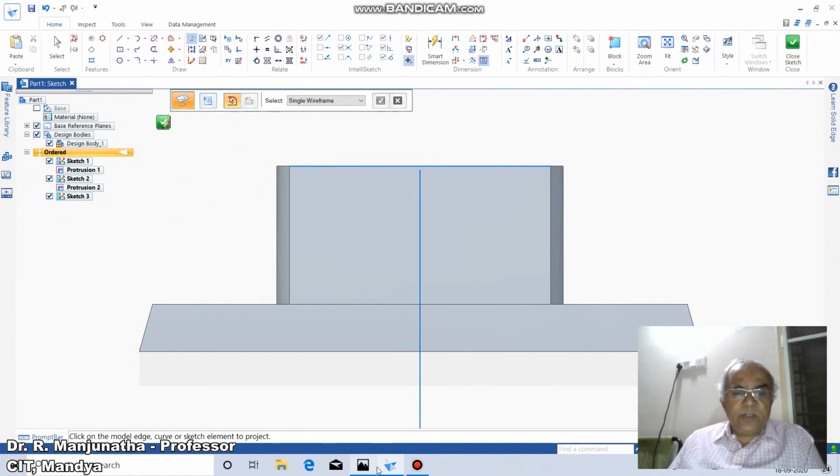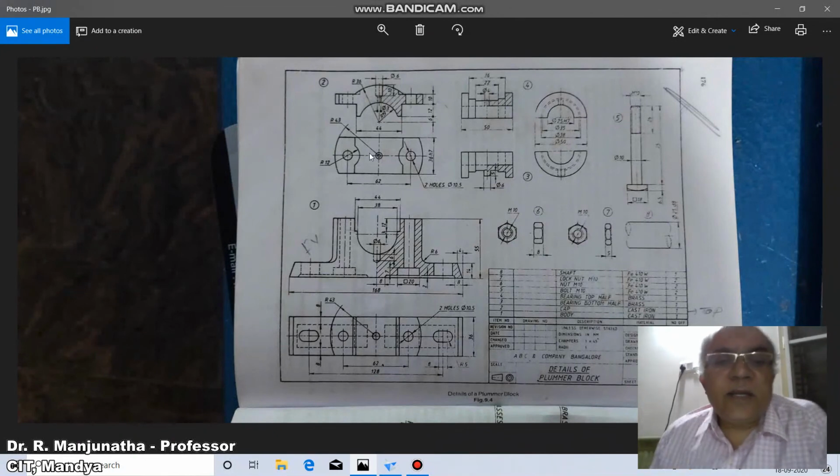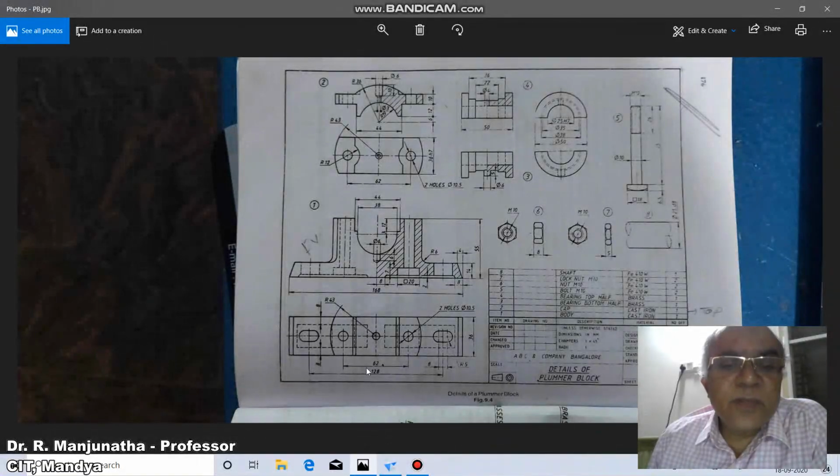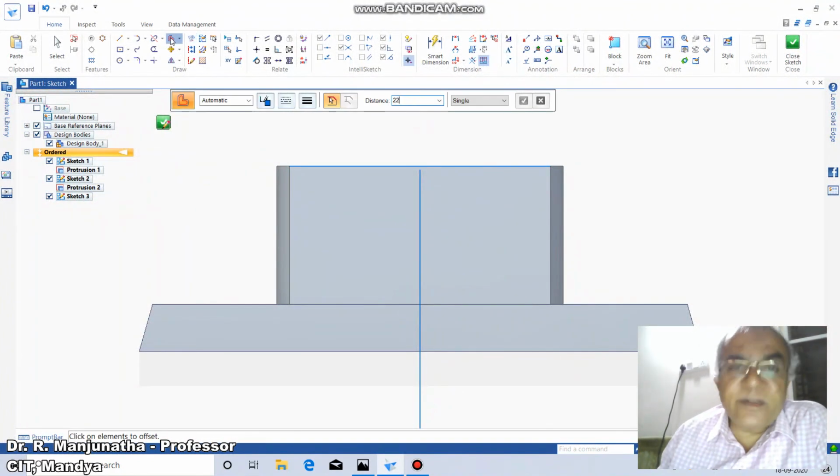Then you just see he has given 44, and then we can create this entire cross section now. So first 44 to a depth of 12, and then go to offset, take the distance as 44 means 22.